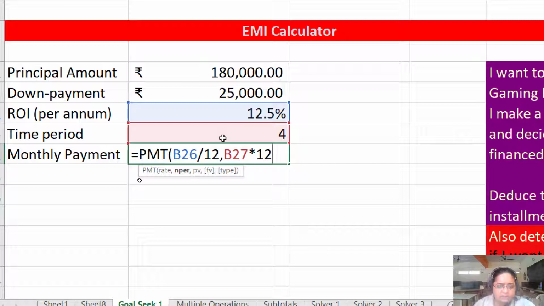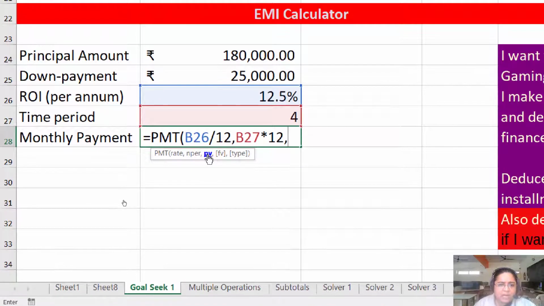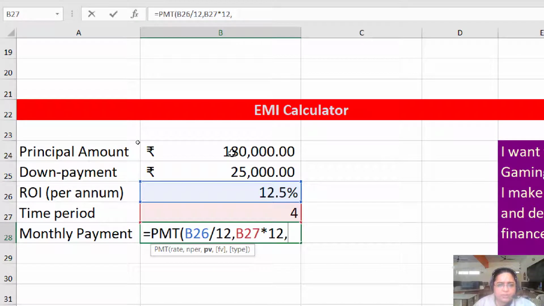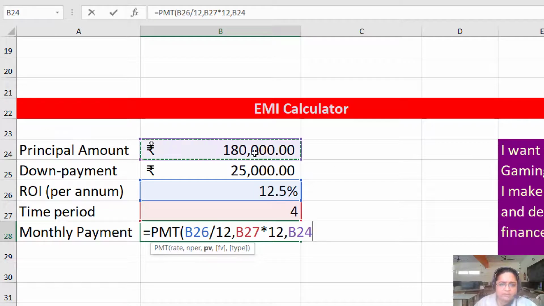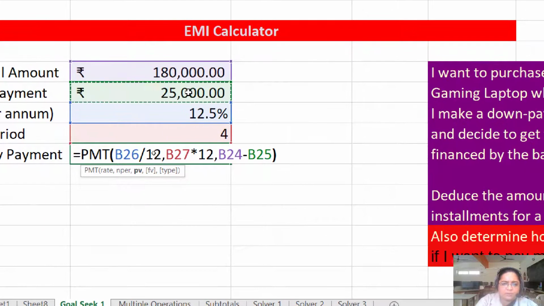So it means that for 48 months I am going to pay an EMI to the bank so as to cover my cost of the laptop. And the third argument is the principal value, that is this amount. Because I have already made a down payment of 25,000, I will be subtracting this 25,000 from my amount,